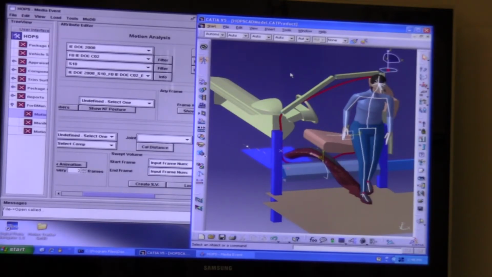If you look at that chocolate brown colored area, we call it sweat volume. That's how a foot with the shoe goes in and out of this vehicle. And just imagine that we have 10 subjects, or maybe even 100 subjects. This volume will be this big. And then our engineer would know how to position those components